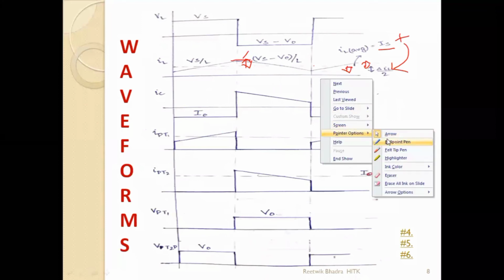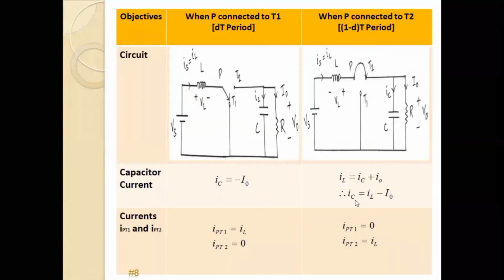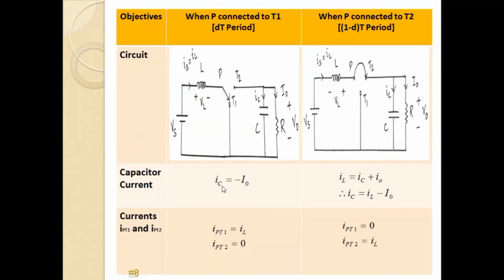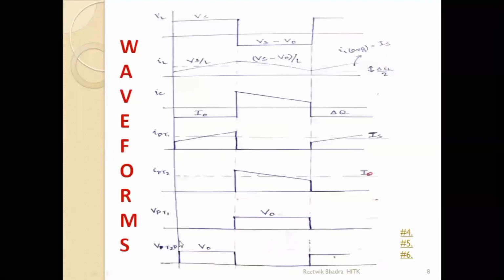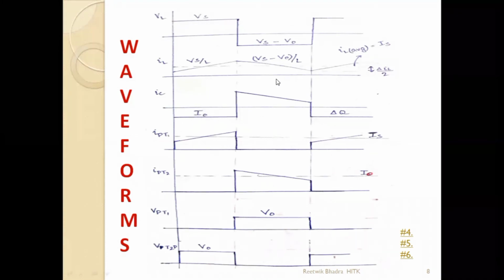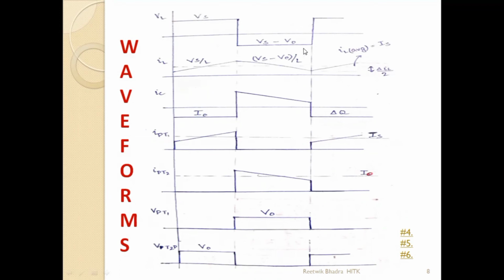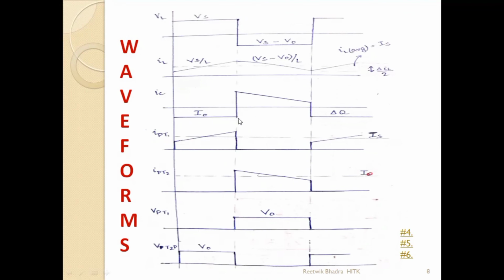Achha. Now IC, how does your IC come? Now your IC equation which we had derived, I think over here, yeah, IC is equal to IL minus I naught, and during this case when DT period, IC is equal to minus I naught. So during DT period, this part, IC is equal to minus I naught. See, I have drawn. I naught is constant, so minus I naught over here. Then during the 1 minus D T period, I have decremented this IL by I naught. So it is starting from minus I naught, going to some value. Again, it is coming back to minus I naught.